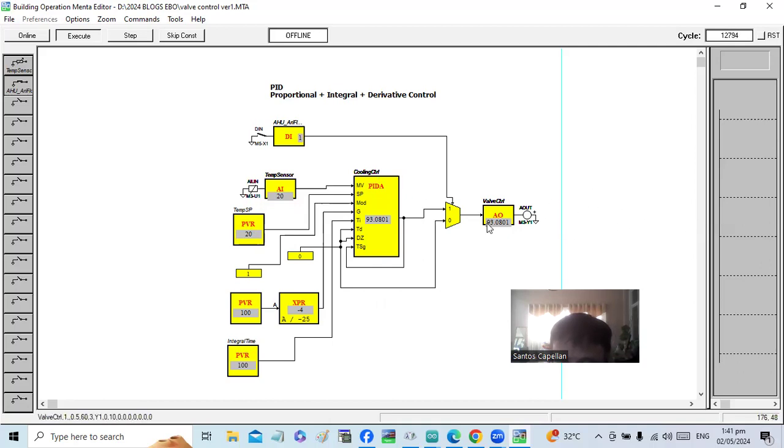Based on the output, what is the temperature being measured here? This temperature sensor can be in the area served, or it could be in the main discharge side of the air handling unit. So this is how PID control works.